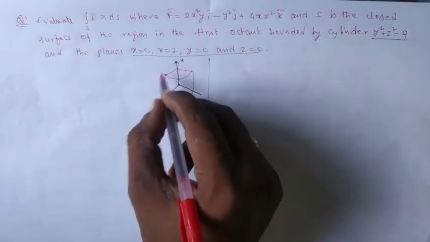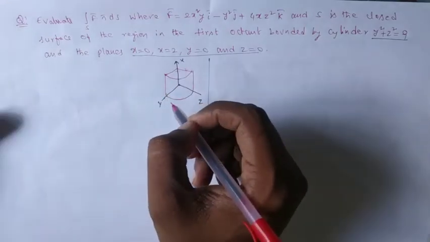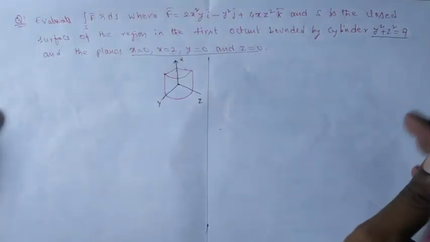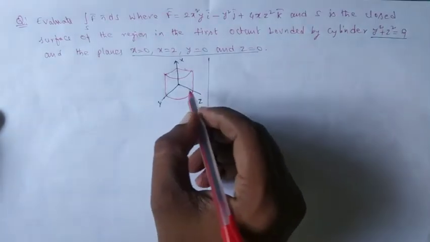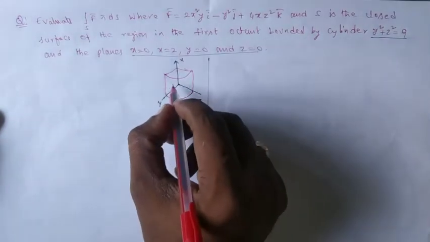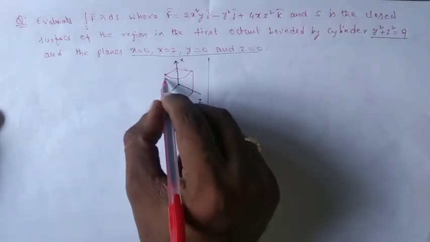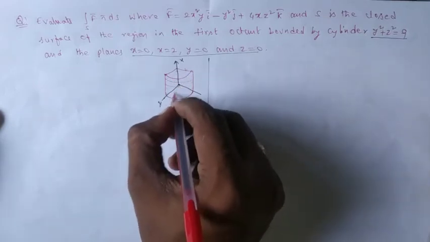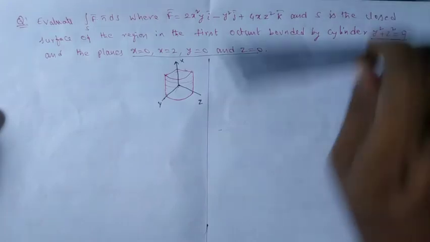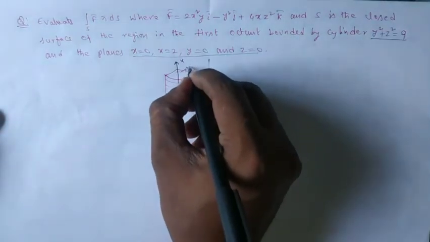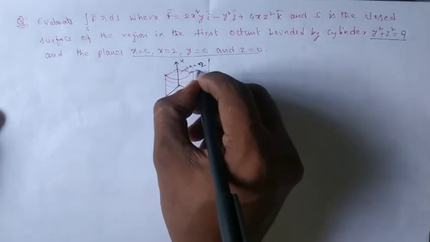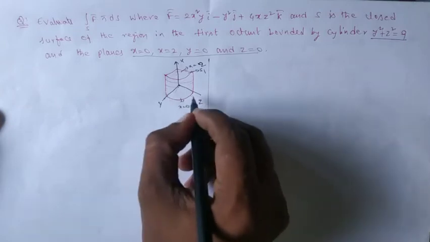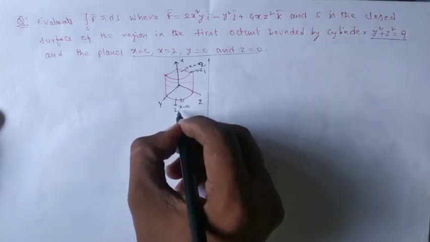We have to take the integration over this total surface, but this total surface is not uniform, so we have to separate it properly so that we can evaluate the integrations easily. Now once we observe that it consists of 5 surfaces, this curved surface is 1, this x equal to 2 surface I am taking as S1. This is the x equal to 0 surface bounded by this y squared plus z squared equal to 9, and the surface I am taking as S2.